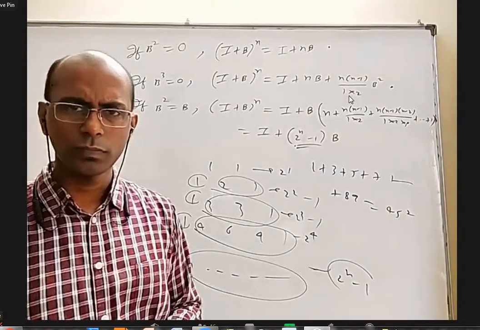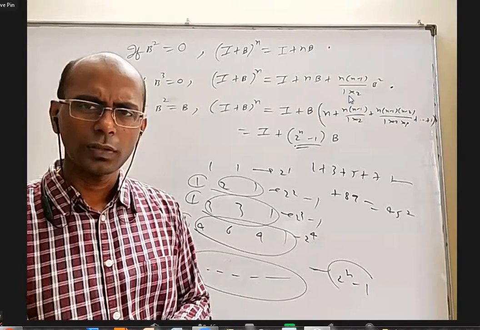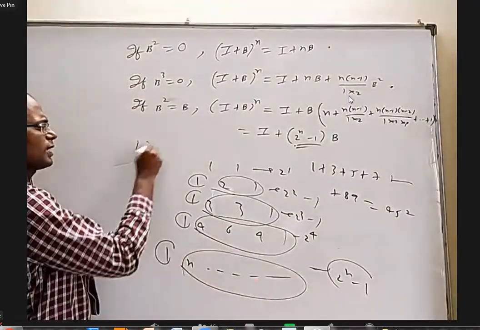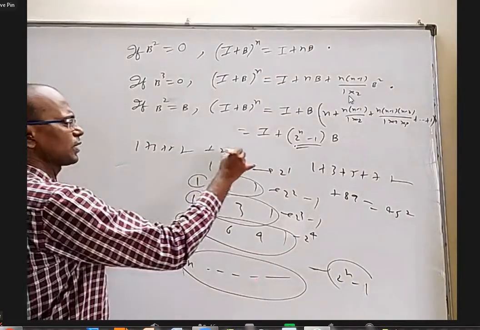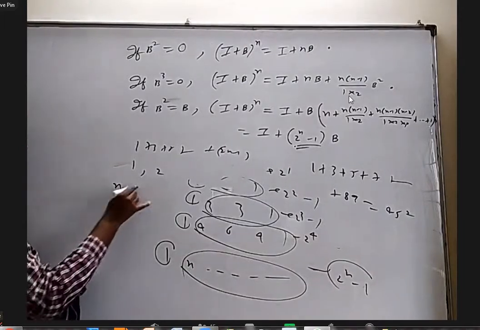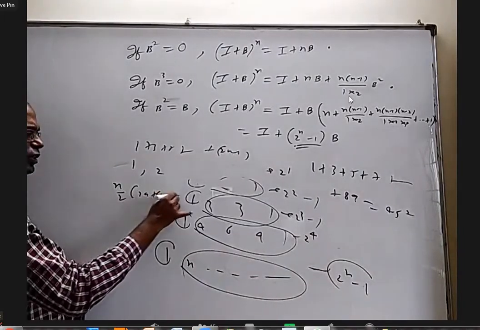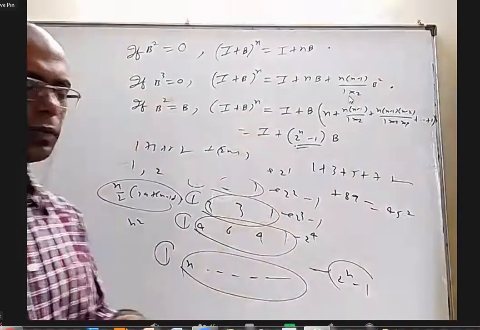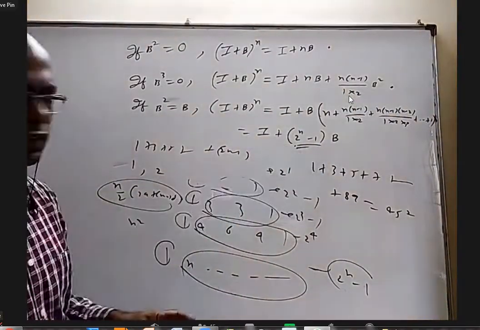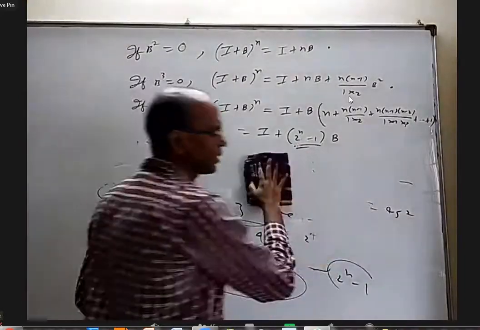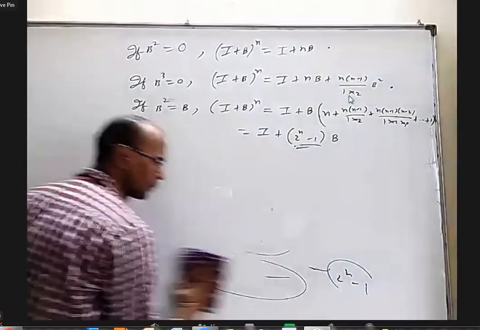So using the arithmetic progression formula, we can find 45 square, sir. Yes, 45 square can be found very easily, because 1 plus 3 plus 5 and so on up to 2n minus 1 is an arithmetic progression with first term 1, common difference 2. Use n by 2 into 2a plus n minus 1 into d. Simplify, you'll get n square only. But without that, it is just an interesting fact. That's why I'm telling. Anyway, this 2 power n minus 1, I'll explain once again.